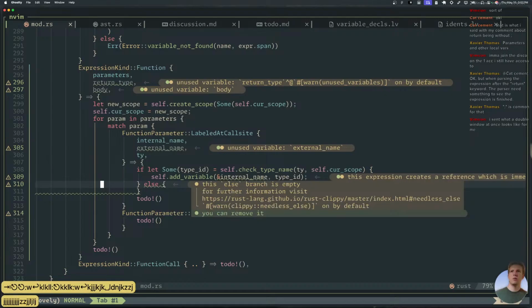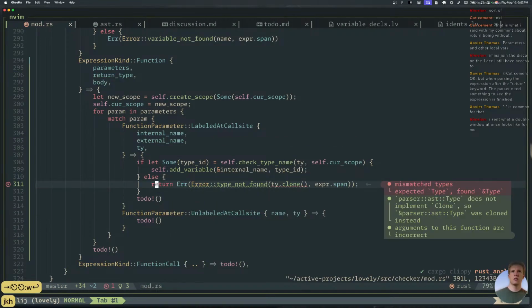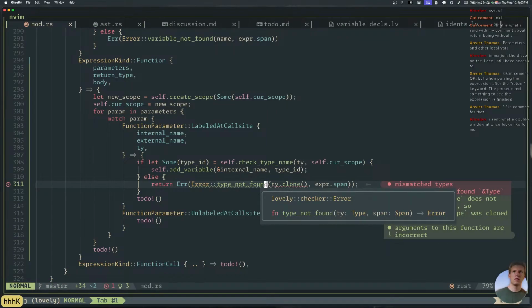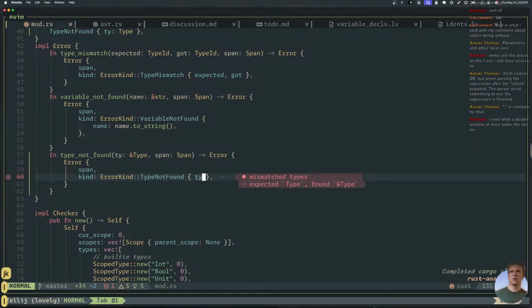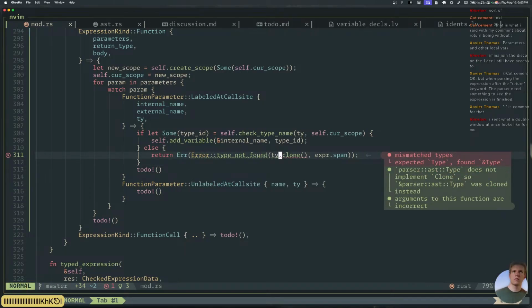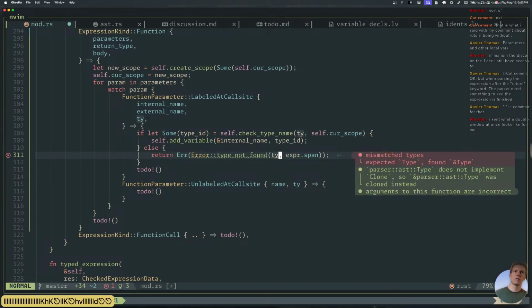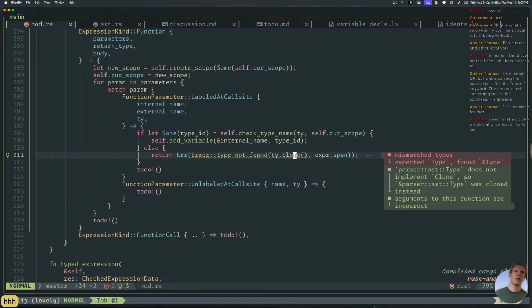All right, down here we'll say, oh, type does not.